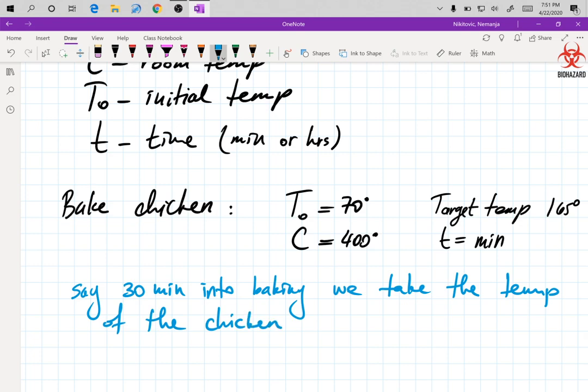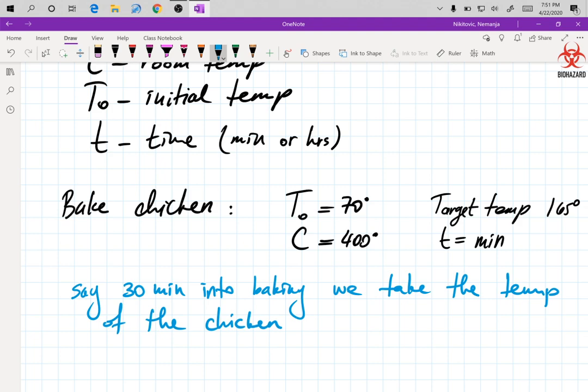So at 30, your oven is heated at 400. You put the chicken in, and that's when the timer starts measuring time. That's the 0 time, right? The initial temperature of the chicken going into the oven is 70 degrees, and the oven is at 400 degrees Fahrenheit, which is the room temperature, because that's the room the chicken is in. Call it the oven. So 30 minutes into the baking, you take the chicken out of the oven,